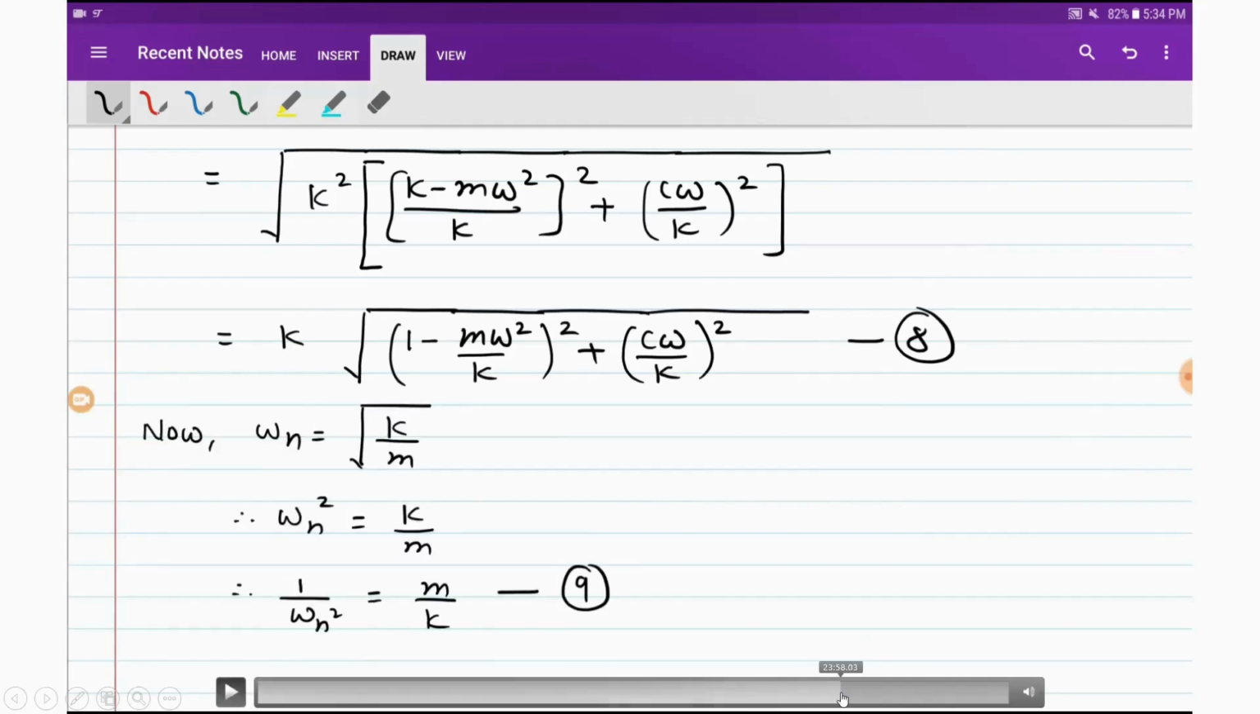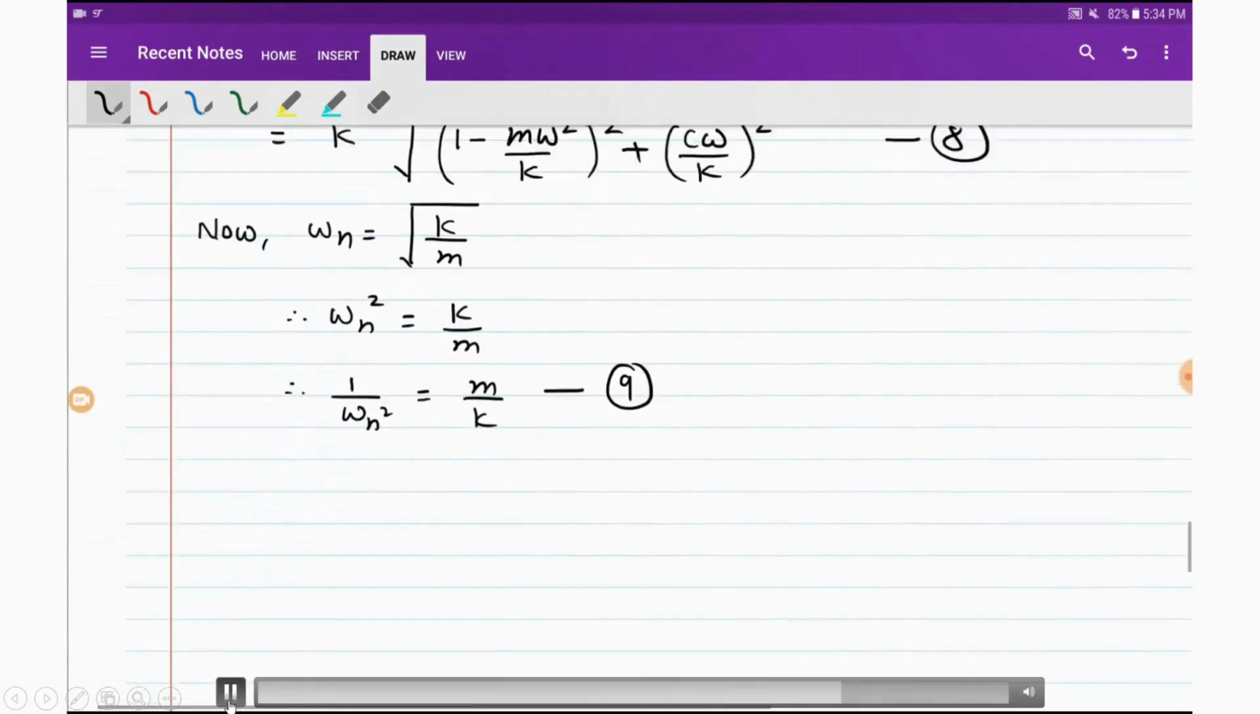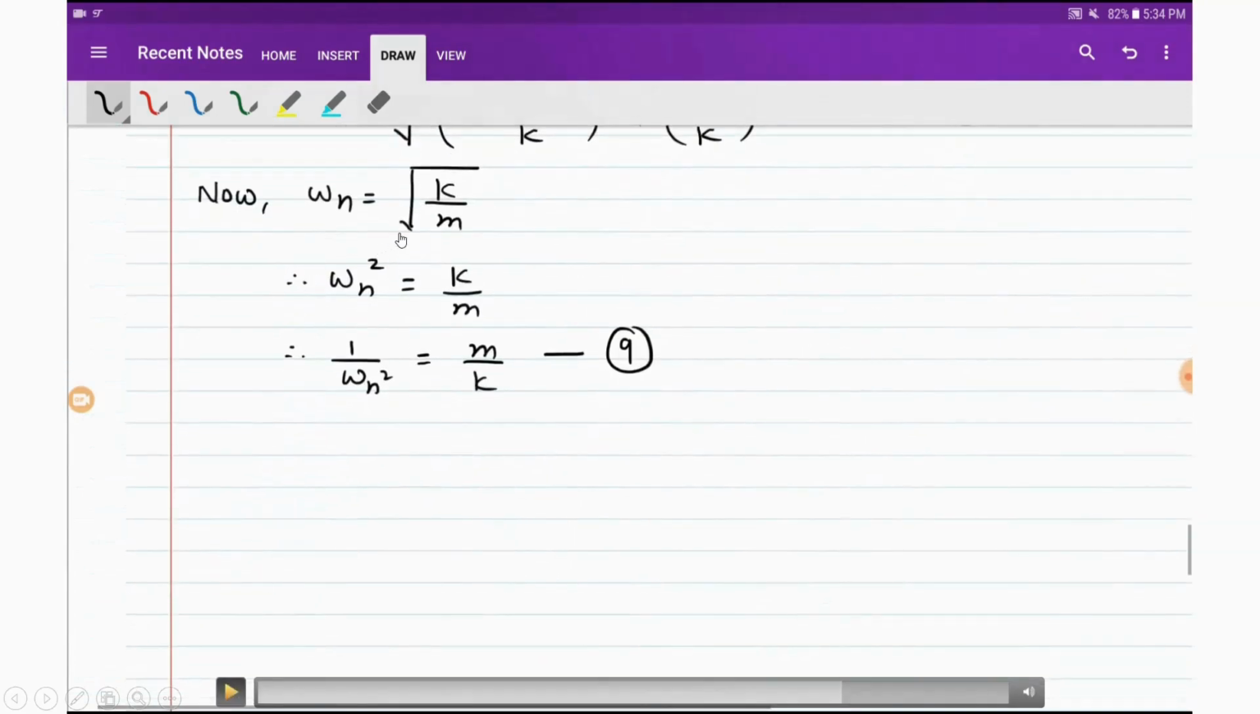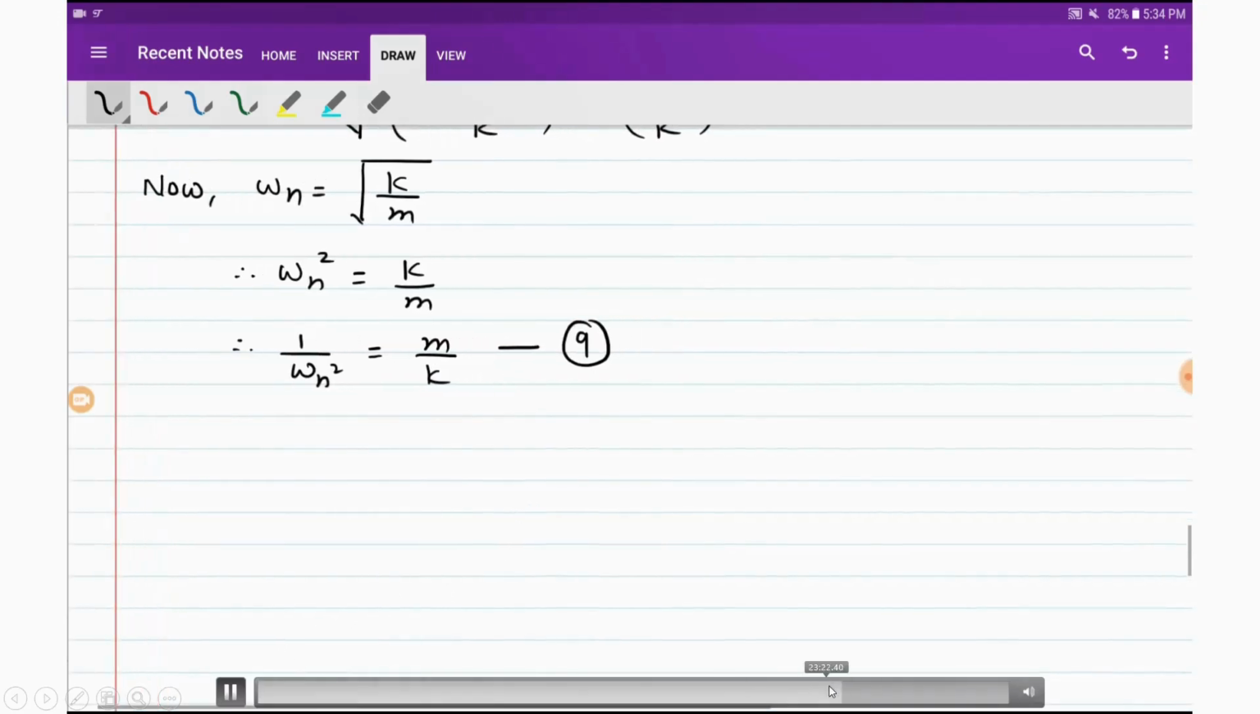Let us call this our equation 8. Now we have already seen that omega n is equal to the square root of k by m. If you square both sides, then omega n square will be equal to k by m. Take the reciprocal of this, so 1 upon omega n square is equal to m upon k. Similarly,